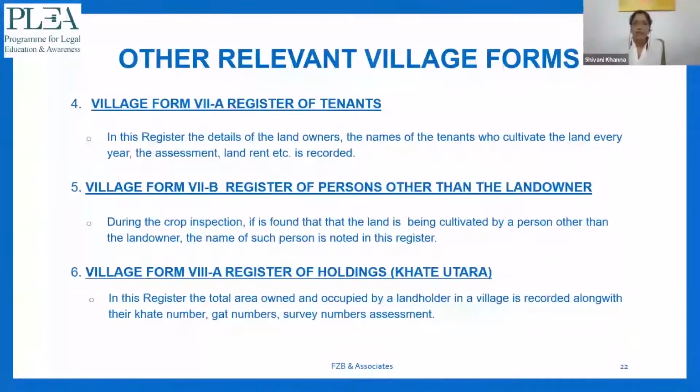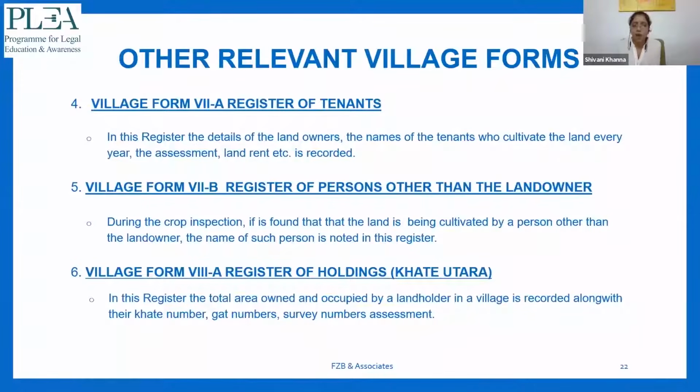There are other village forms like register of tenants, register of persons other than the landowner. For example, when a crop inspection is done by the Talati and he actually finds somebody else cultivating, there is a procedure where they write the name of the cultivator in a separate register. And register of holdings, that is the khate utara.